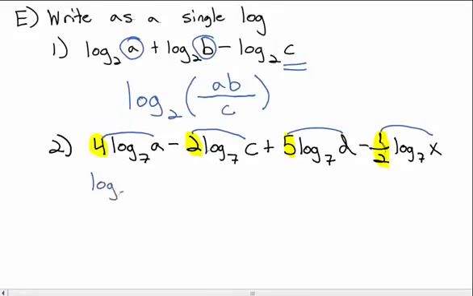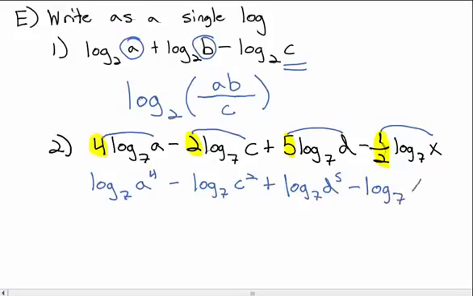So this is the same as log base 7 of a to the 4th minus log base 7 of c squared plus log base 7 of d to the 5th minus log base 7 of x to the 1/2. And in fact, that 1/2 is better expressed as a square root. 1/2 power, remember, the index is the denominator of the fraction. Now we can write these all as a single log base 7,